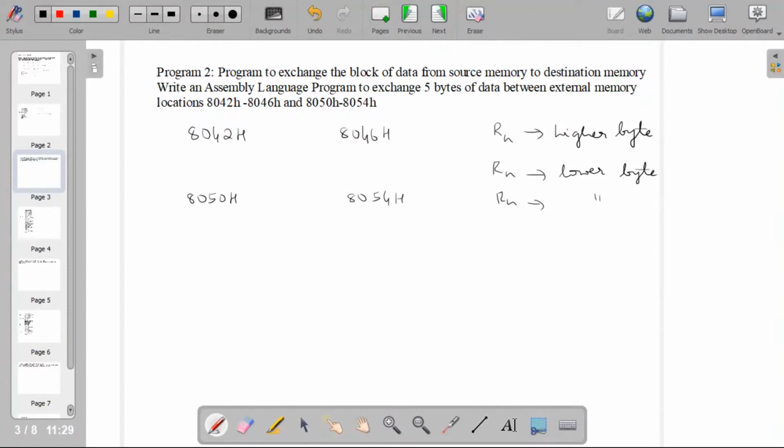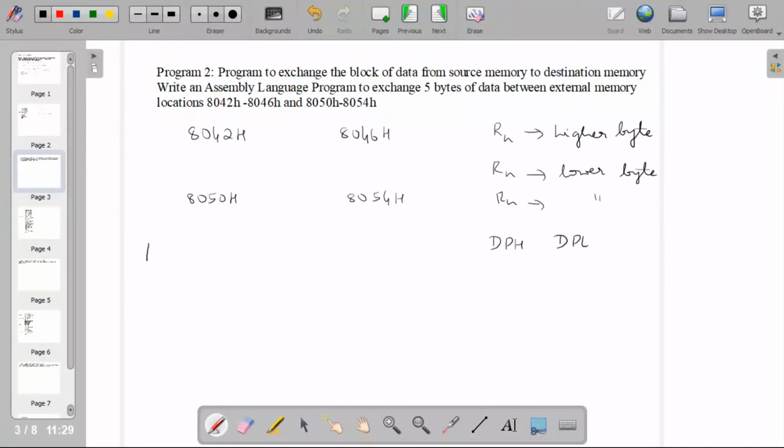So we require 3 registers: one for the higher byte and two for the lower bytes. Then we can use the DPTR to access the particular memory location by transferring the content of the registers to the DPTR's higher byte and lower byte.